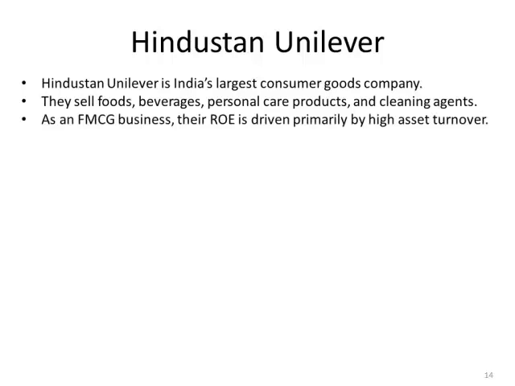And as an FMCG business, their ROE is primarily driven by high asset turnover. So FMCG stands for fast moving consumer goods. Okay, and from that acronym alone you can probably learn something about their business, right? So the consumer goods portion refers to the fact that they're selling consumer goods, which we've already discussed. Fast moving, that means that they sell things very quickly, right? So they sell products and they sell them again and again, and this is really about asset turnover, right? So their ROE is driven by high asset turnover, and that's what put them in this